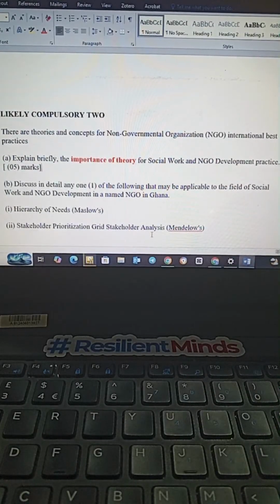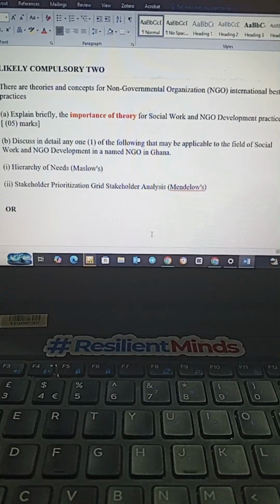Please, let's read the headings very well. And as I said, I know him very well. So the compulsory will be two, and you will be allowed to answer one. Then we might give you three or four optional questions, and you choose two from there too. Okay, all right. So these are for the compulsory. Let's go for the optional ones.